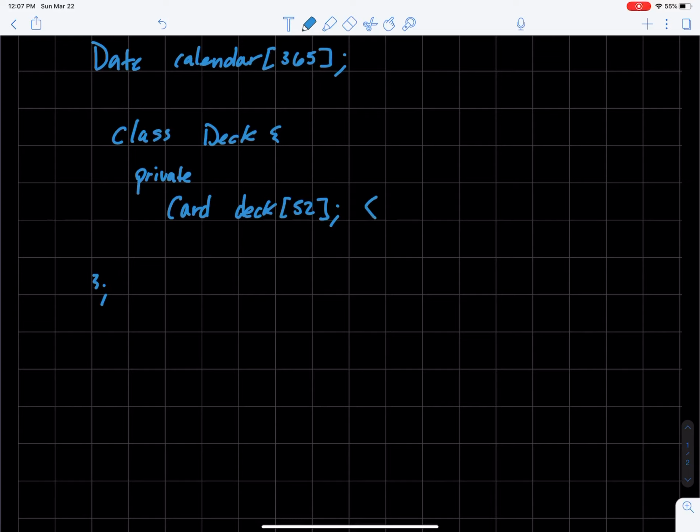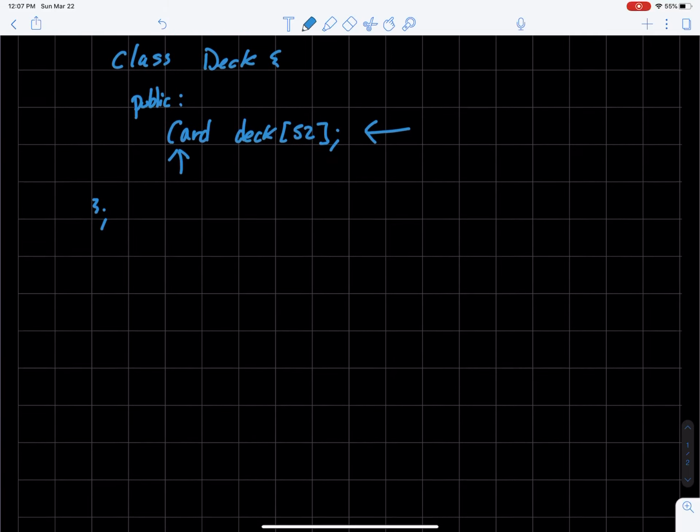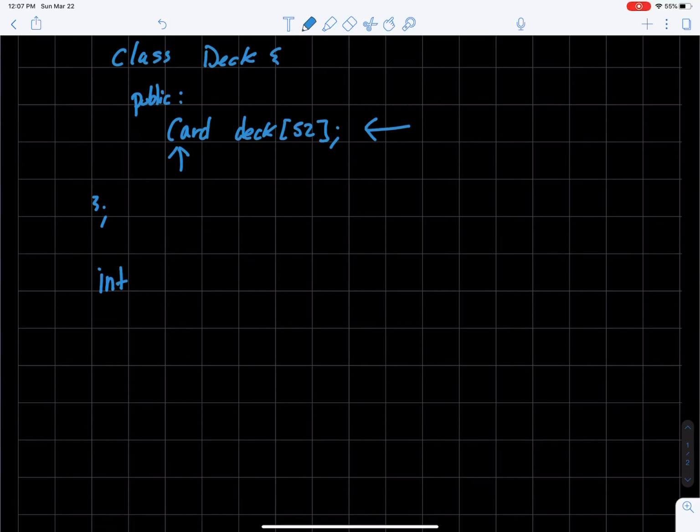If you notice here, we have an array, which is kind of the essence of our deck class, right? That is our deck. It's an array of cards, right? This is an abstract data type that we created. So we actually show an example of how it's able to do both. If for whatever reason we wanted to make deck a public variable and not a private, even though I don't think we should, but I'm just going to say in the case that we did, and then we wanted to create a deck inside of our main function,